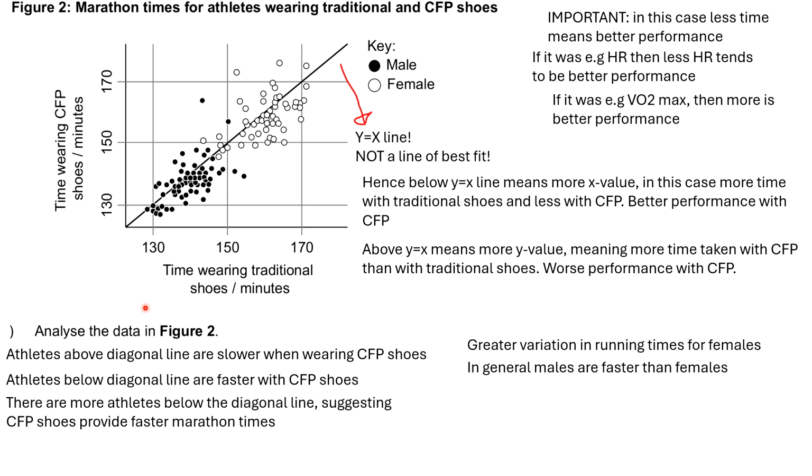Now analyze the data. Athletes with gastric column. So athletes above the diagonal line are slower when they're deep. First, athletes below are faster than